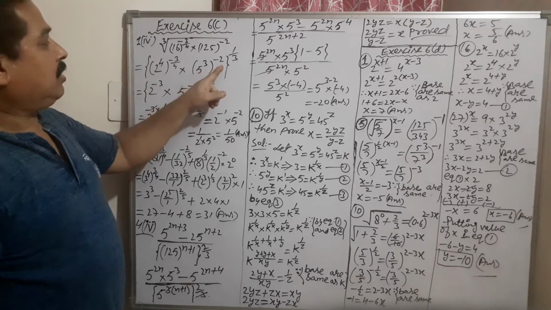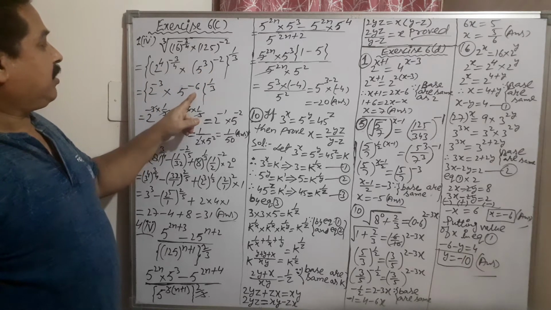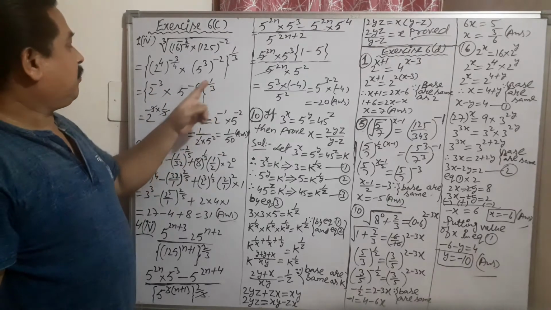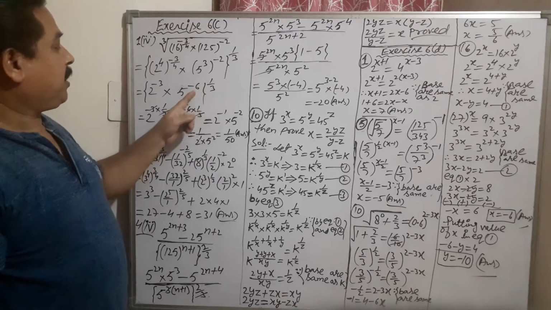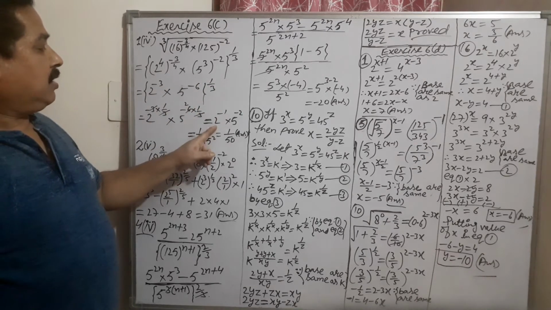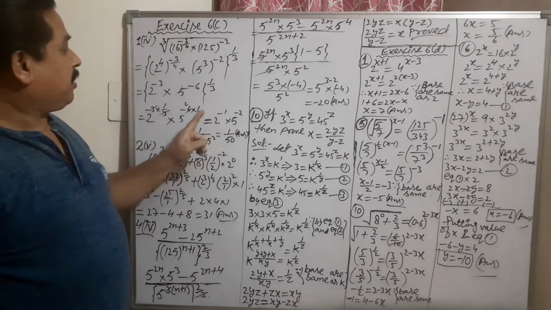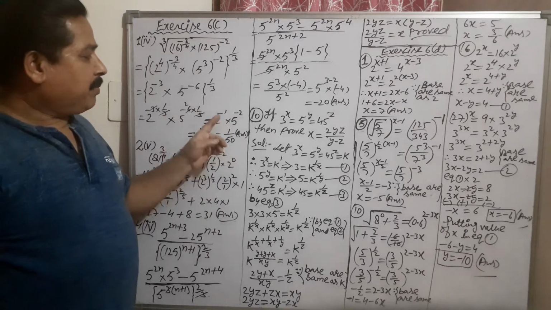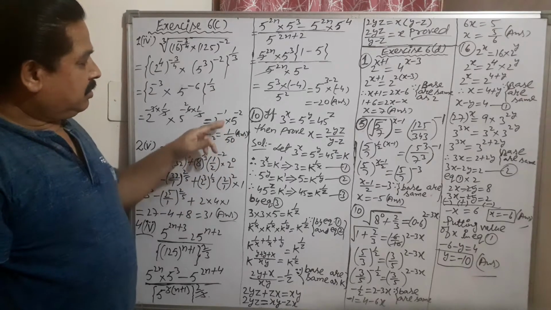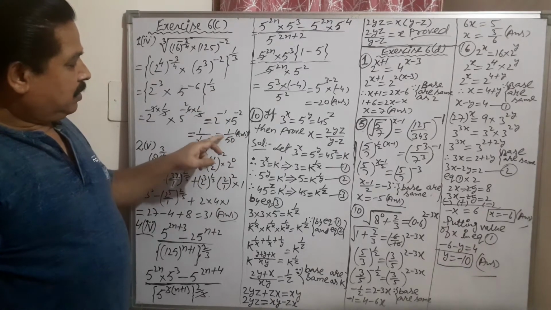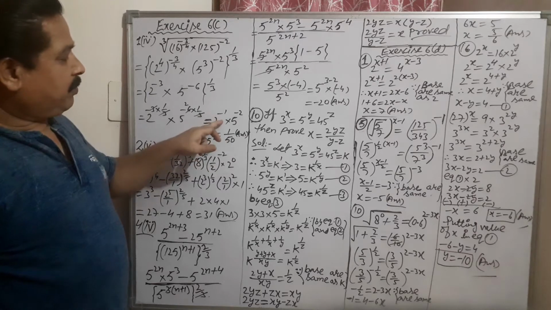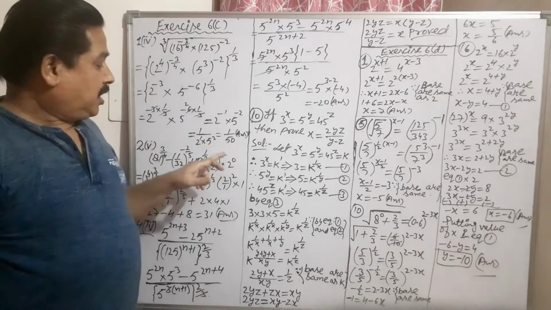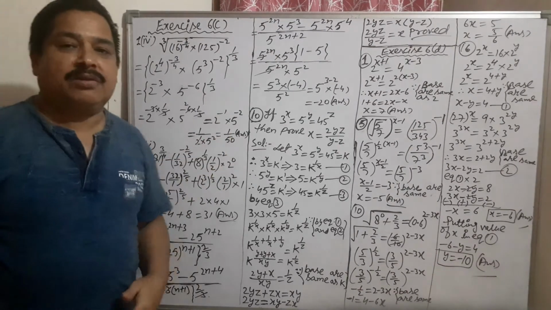Similarly 3 to the 6, the power will be minus 6 here. 1 upon 3 will come inside by the rule of indices. 1 upon 3 multiplies this, 1 upon 3 multiplies this. See here. And at last what will be here? 2 to the power minus 1 and 5 to the power minus 2. Make the power positive. Take it, bring it down. It will be positive when you take it under 1. Similarly this will also be positive. And 25 to the 50. 1 upon 50 is the answer.